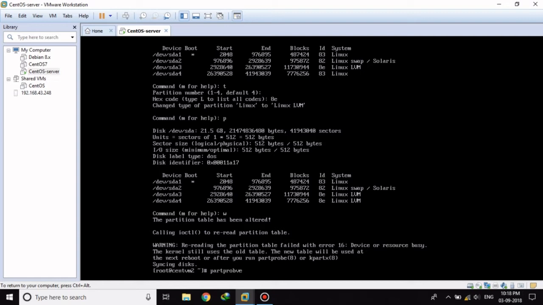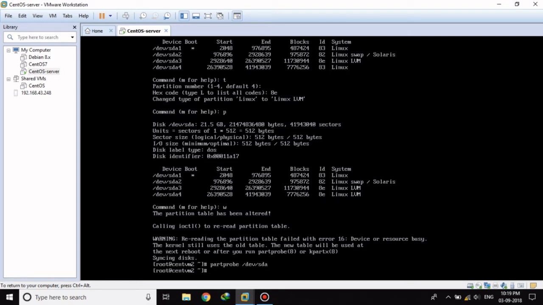It says that I need to run partprobe. This is to update the settings, the partition table actually. This will be fine. Now what we have to do is to add this fourth partition, SDA4, to the volume group of the LVM system, so that the volume group gets extended. So how we can do this is to extend the volume group. Here we have to give the name of the VG, that is, I think,